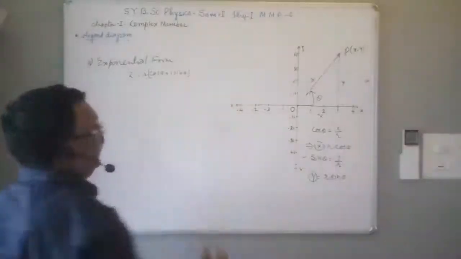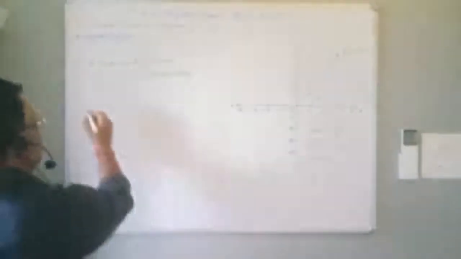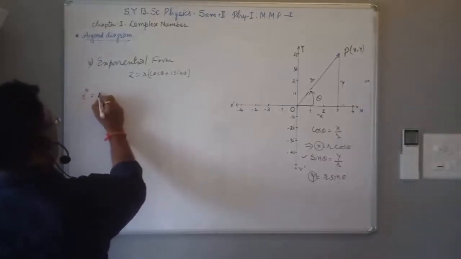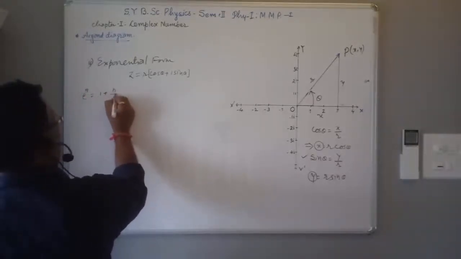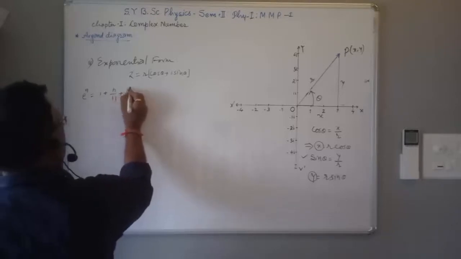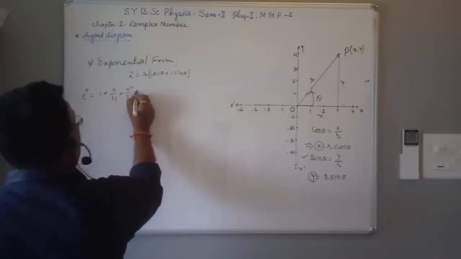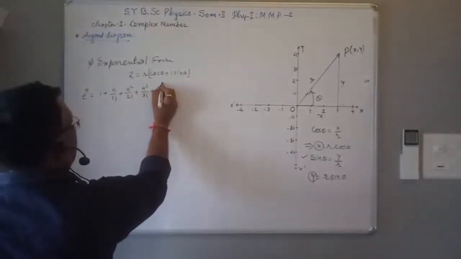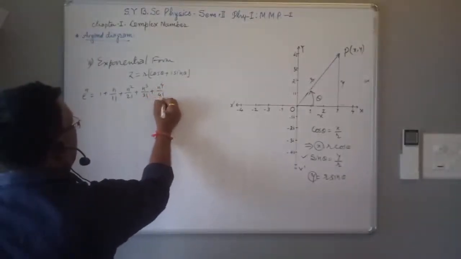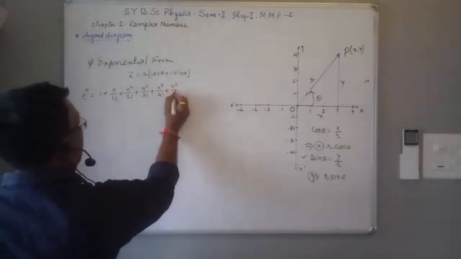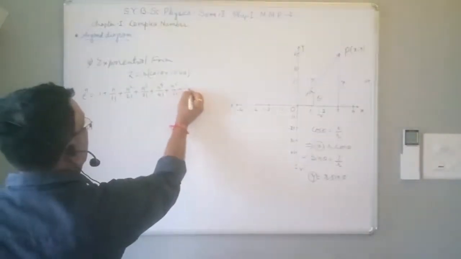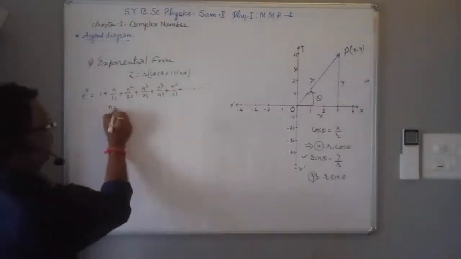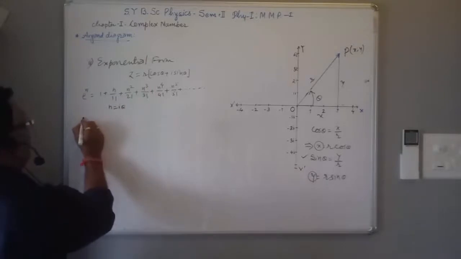According to Maclaurin series, e raised to n is equal to 1 plus n upon 1 factorial plus n square upon 2 factorial plus n cube upon 3 factorial plus n raised to 4 upon 4 factorial plus n raised to 5 upon 5 factorial and so on. If we substitute n is equal to i theta, then we have e raised to i theta